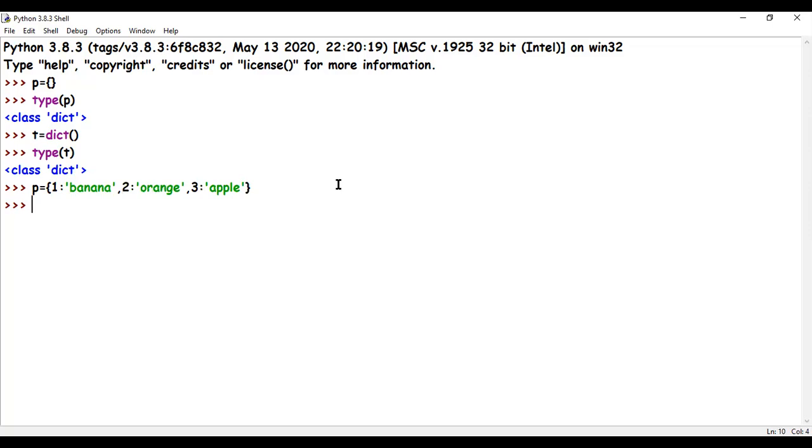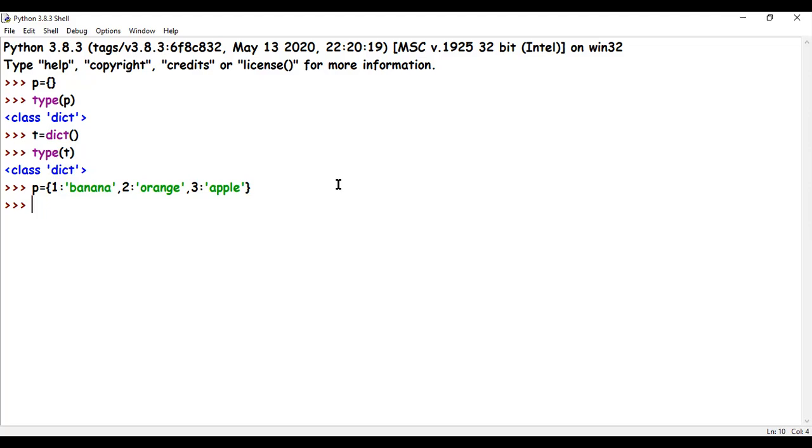Now I'm going to add data to my dictionary T in a different way. So I'm trying to teach you different ways of making a dictionary, of adding data into a dictionary. Right now we're just doing the basics of dictionary today. We've already finished list, we've already finished tuple, we've already finished string. These are the most important chapters that you should know very well. Of course, you should also know loops and constructs.